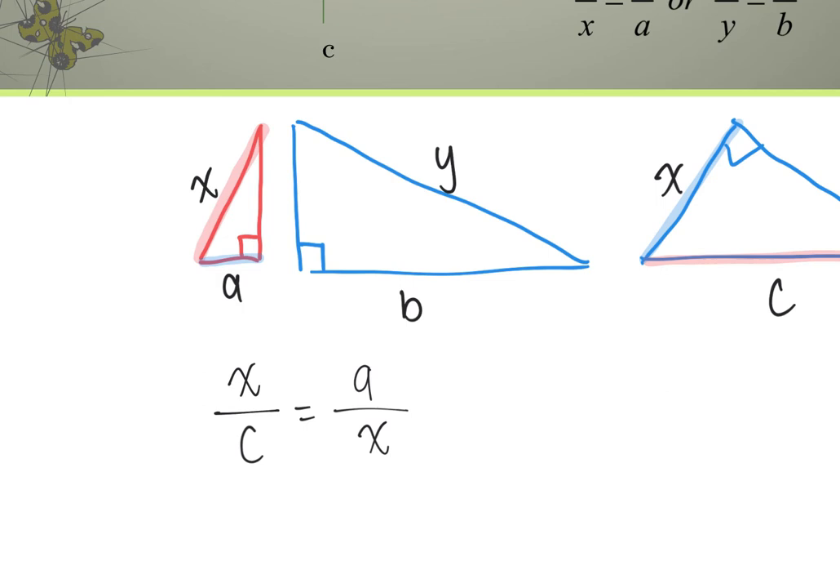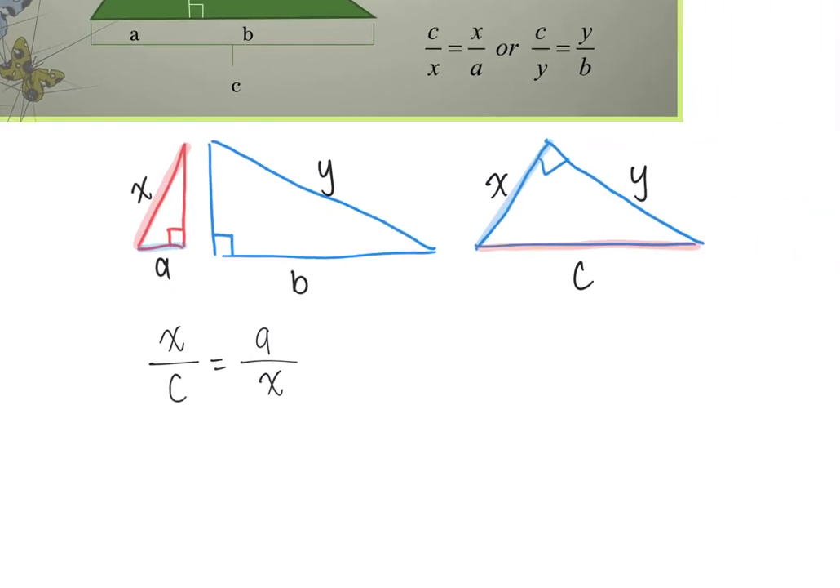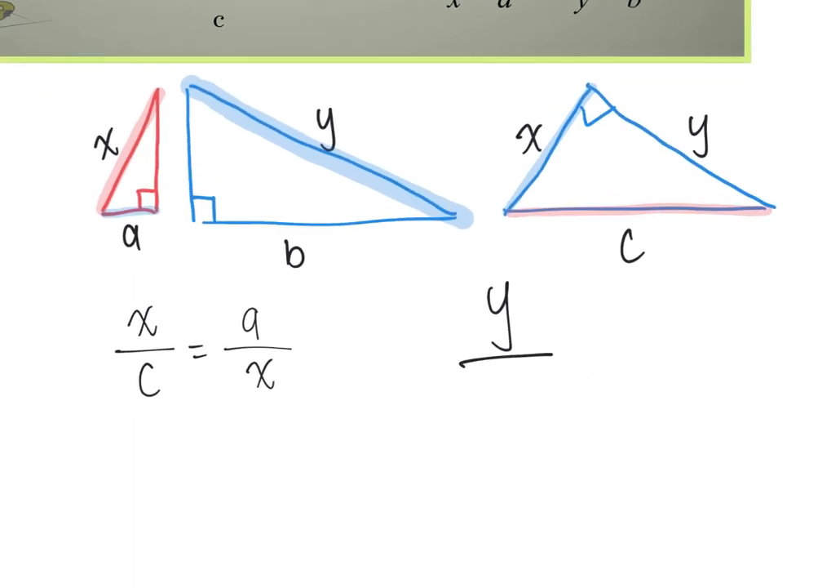All right, let's do the same thing, but with the blue triangle, okay? So we're going to take the hypotenuse of the blue triangle, which is what? Y. So write Y over, what was the hypotenuse of the big triangle? C, right? So put Y over C equals,